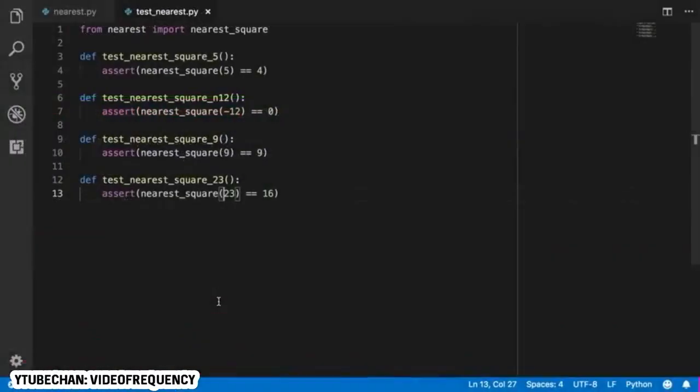functions failed. Another important note is that you have to start your test files with test underscore and your test functions with test underscore as well, for PyTest to recognize and run them. This is the default. If you wish to change this, you can do so by learning about the PyTest configuration